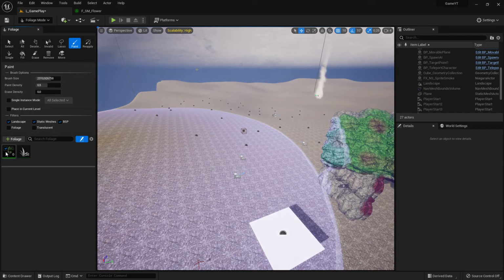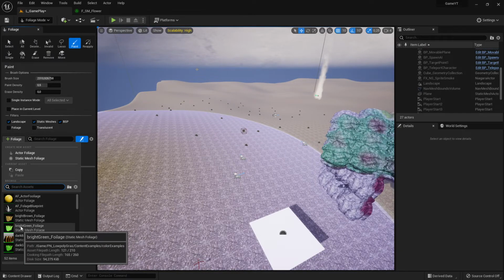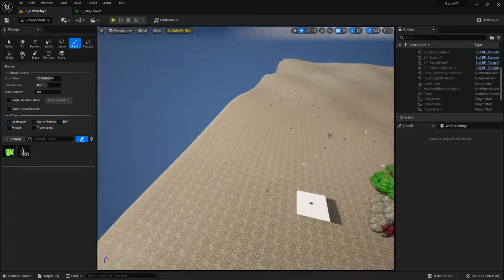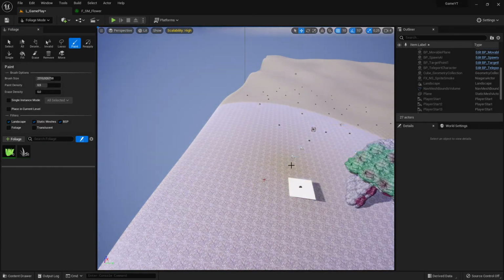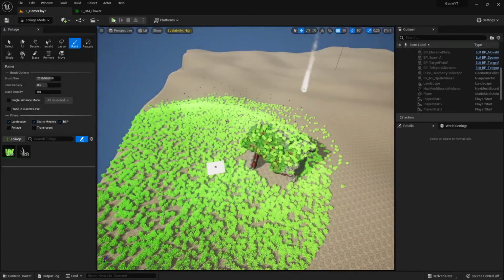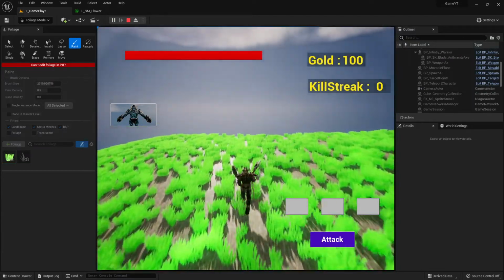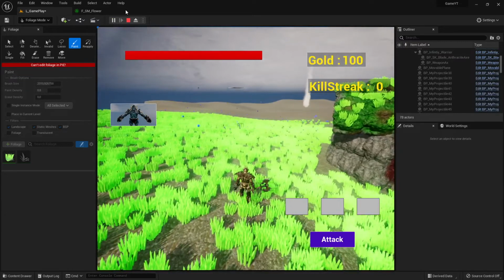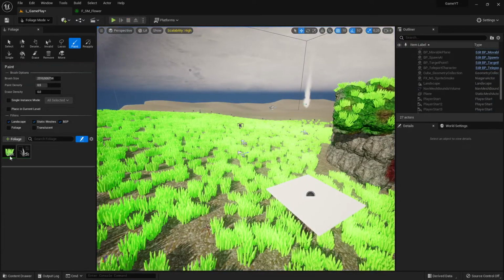And if you have this kind of static mesh foliage, I get rid of this one and add a normal one, which is just one of these here. And I add this one now. This is a low poly one. This looks not so good. And when I paint with this one, you see, I added many here. And now I have many of these low poly grass things, right? And the problem is this number here. Can you see it? It says here